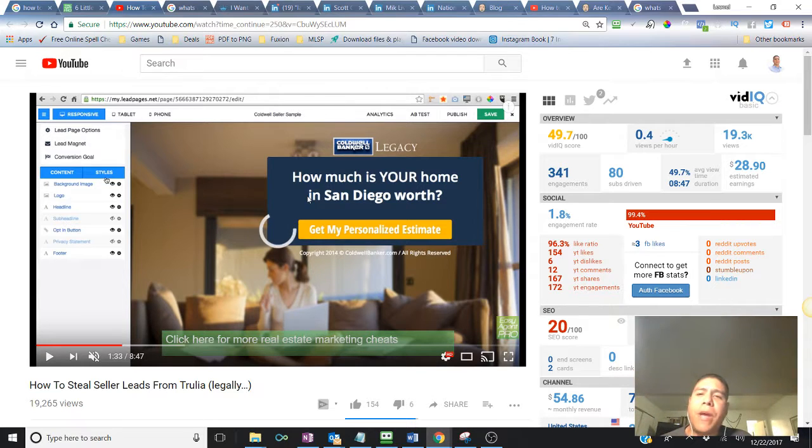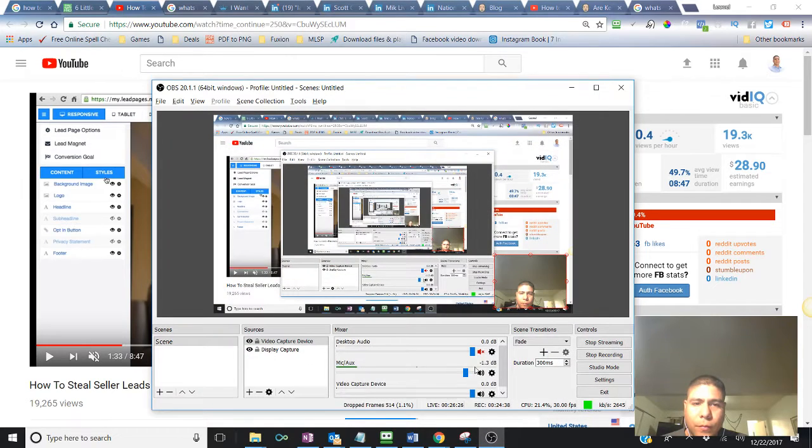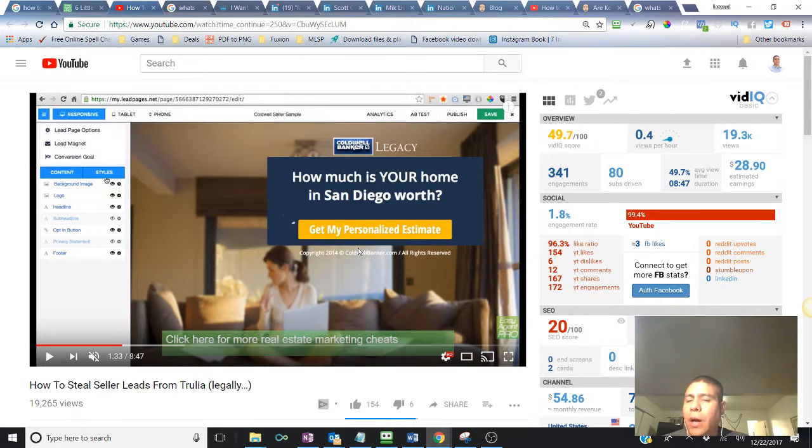You want to be building a landing page that you have control over. There's so much software out there that can help you have control of your landing pages, and the reason why is the power of retargeting or remarketing, right? If you have a landing page that you can't control, you are not able to set up what are called tracking pixels, or tags. These are little pieces of code that you can put on a landing page on your website to have Facebook, Twitter, or any other ads platform that you use track who's